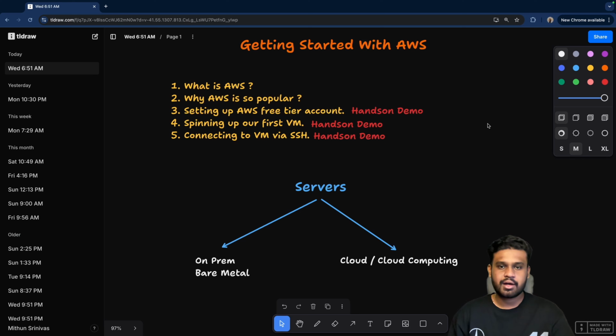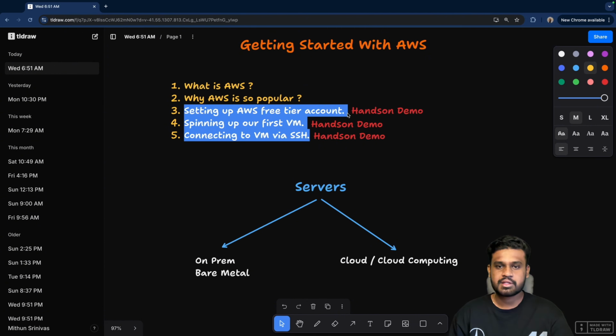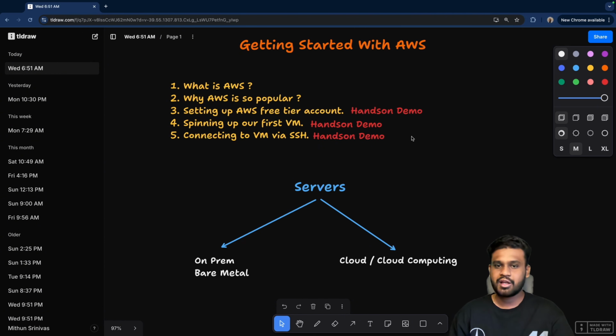Now let's set up our AWS free tier account. Don't hesitate to create these free tier accounts. Again, I see many were like, sir, what if I get charged? No one will charge you if you use it in moderation. Again, we are not going to mine bitcoins on our machine, so that we are using so many of the resources. Again, you should monitor it. That's the only thing.